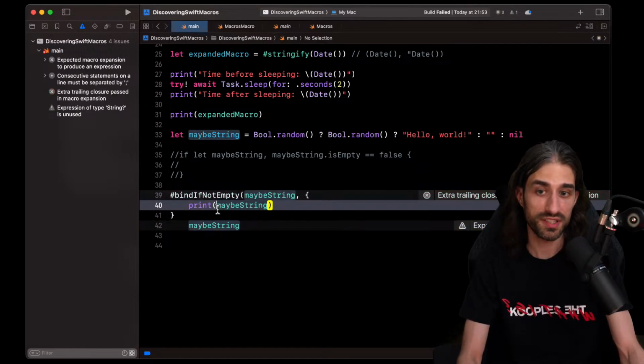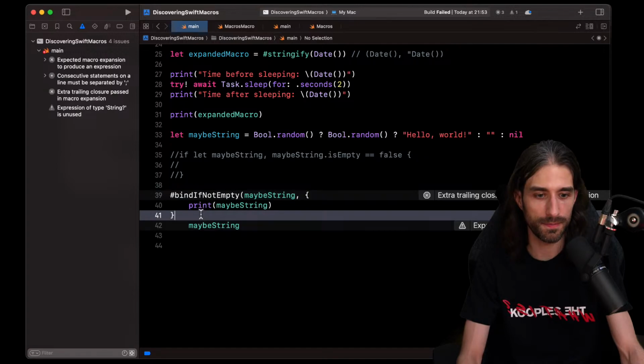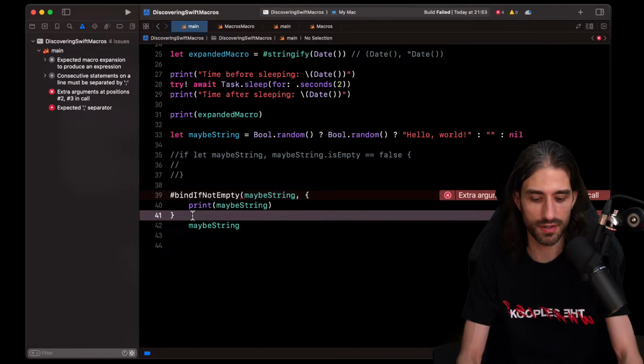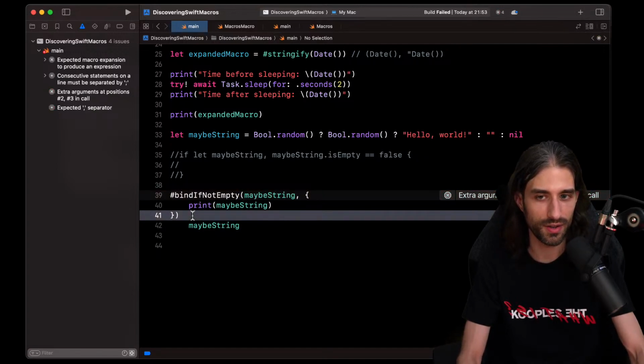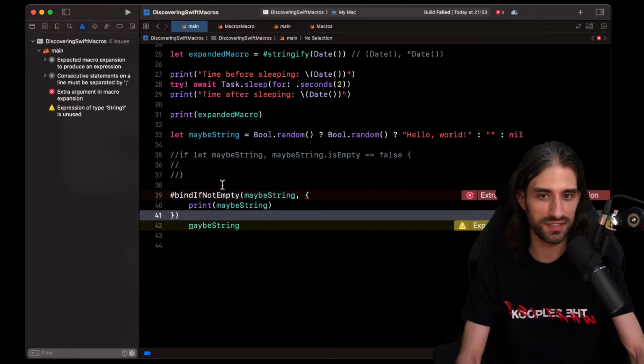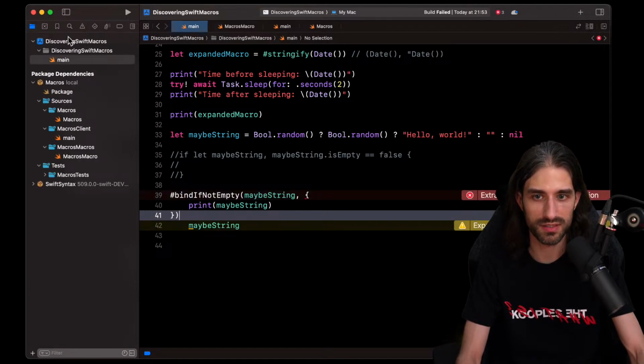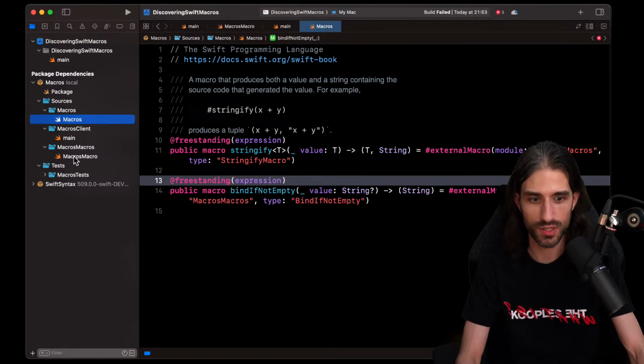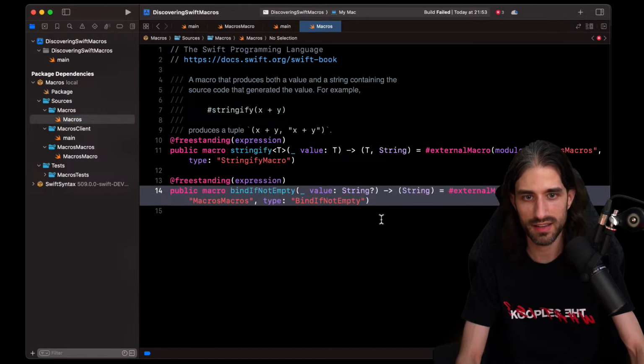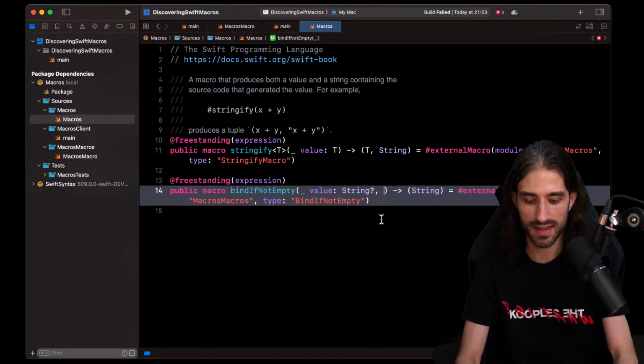What's interesting is that at least we learn about the limitations of using a macro. Also, this is not syntax that I would recommend because it's terrible what I'm doing right now. And so the second argument, let's see. So I need to add it here. So I have my value, and then I have my handler, we could say.